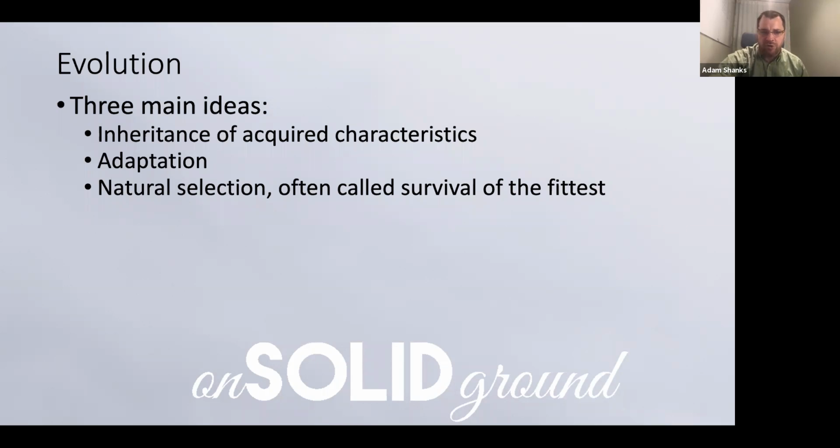And I just want to make sure we understand these. One is the inheritance of acquired characteristics. And again, as I said in the video, there's a lot of provable aspects to this observation. We do tend to hand down characteristics that seem to be part of what we have. We hand them down to our children. So if my wife and I both have dark hair, it is very likely that our children will have dark hair. If we both have blue eyes, the odds are our children are going to have blue eyes. Now, genetics are not that simple, but that is generally the way this goes.